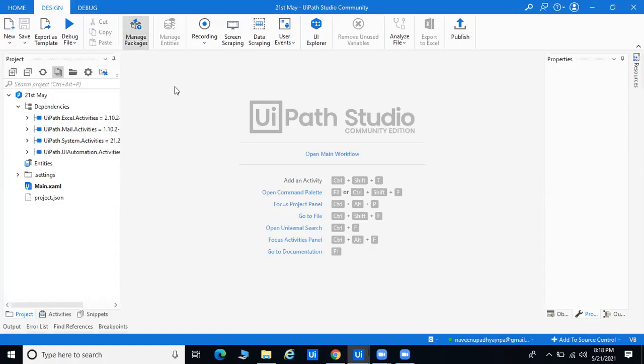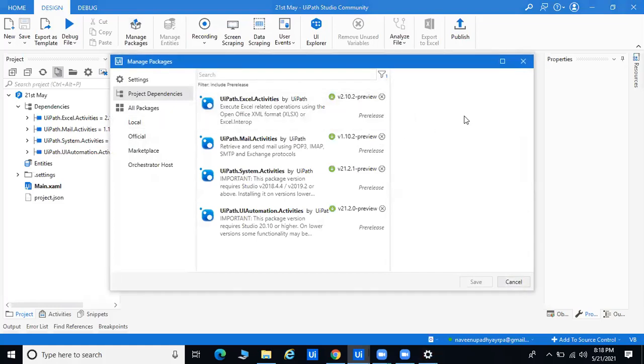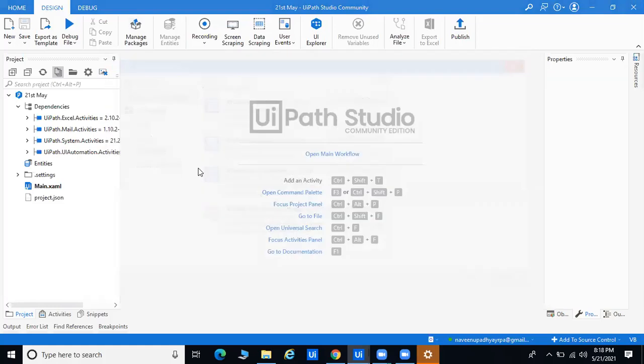So what you have to do is go for the installation of the different things. Suppose here you want to install the database; I will tell you what type of problem we can get. Whatever things you install, like Excel and multiple other things, they will come into the activity panel. You can see it at the bottom left side: project, after that activity.